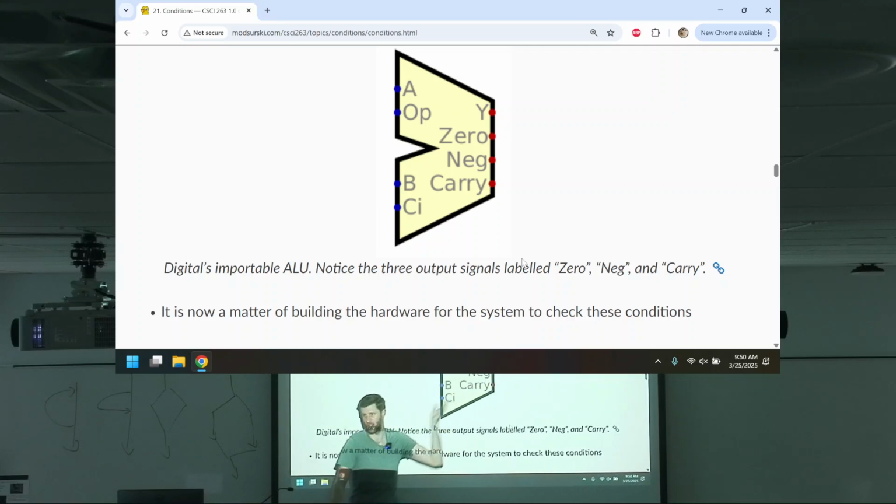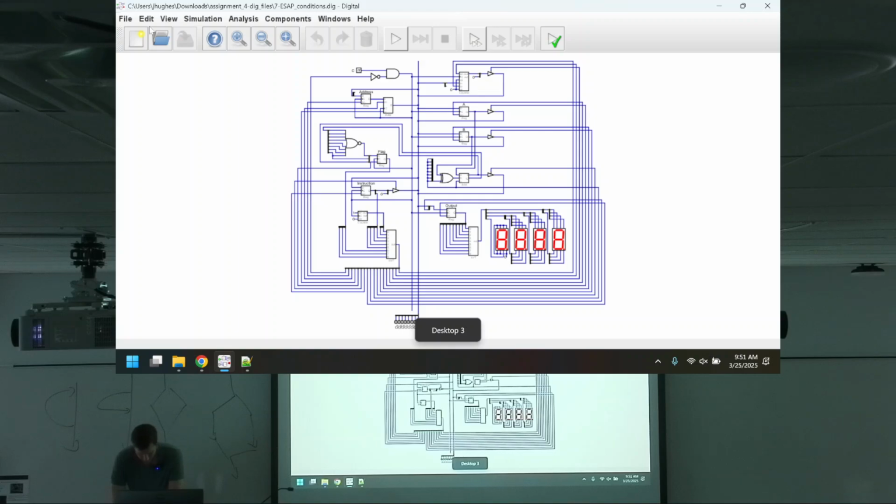Here it's not showing it as one output, it's 3 separate outputs, but same idea. All that really matters is there's some status that comes out of this. So the ALU within Digital has the same idea that we're working towards. There's no coincidence there. I didn't design it to match Digital. I designed it to match what's typical, and Digital designed to match what is typical. And you know what? For the sake of some fun,